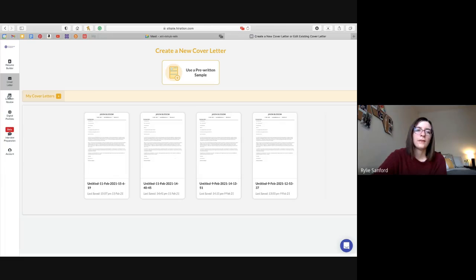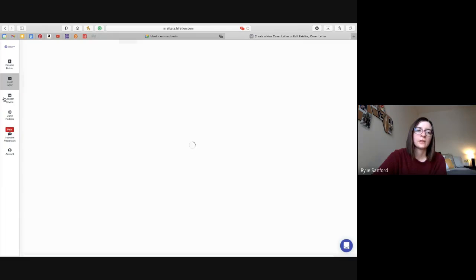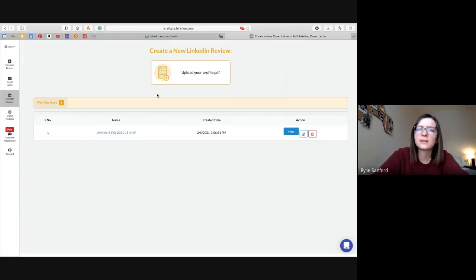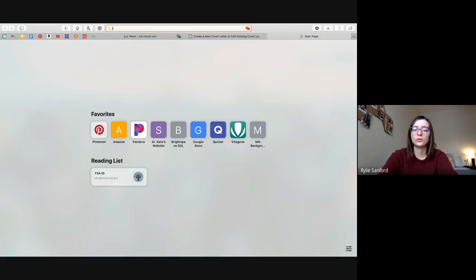And then the other big feature that I want to talk about is the LinkedIn review. So for this, you click this button called Upload Your Profile PDF. And with this, it shows all the documents that you have on your computer. So what you're going to want to do to find your LinkedIn PDF is go to linkedin.com.